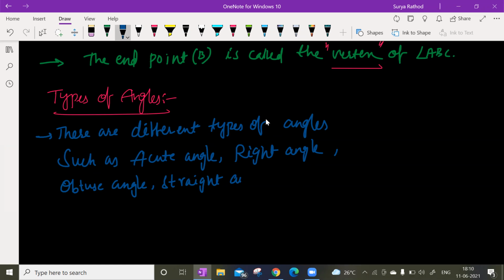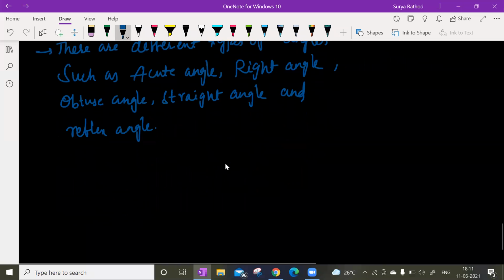Complete angle, sir. Zero angle. Straight angle, reflex angle, the complete angle. What is a complete angle? It is a 360-degree angle, the full 360 degrees. Look at this. If I am standing here, this is me, I'm rotating and coming again here. This is my complete angle, which means 360 degrees.